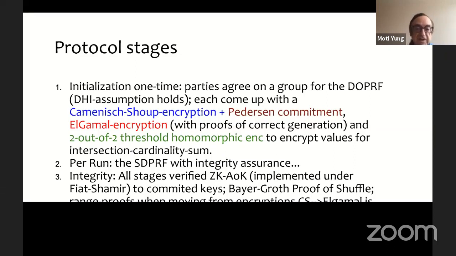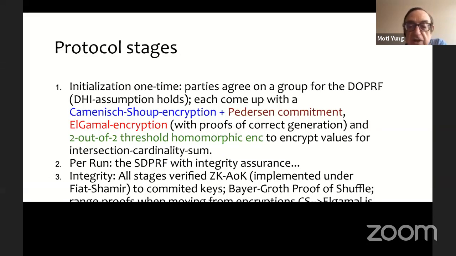They send it to the other side with the proof, and then the other side can complete with its own half of the key, the different halves, each of them with a different half, and they get the same sum. So, of course, all stages have zero knowledge argument of knowledge associated with them.